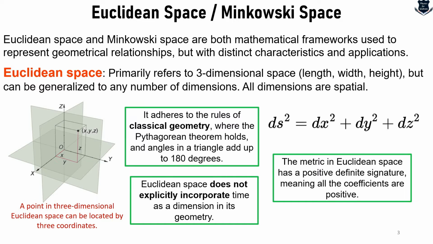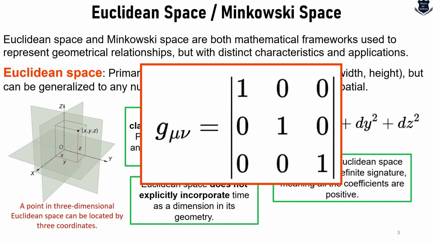But first, let us look at how this three-dimensional metric looks if we plot it as a matrix. It looks exactly like this. If you're wondering what G mu nu is, mu nu are basically the indices for the coordinates which measure space and time. You can look into my other videos on Einstein's field equations where I spoke a lot about this mu nu. G is a metric, typically I have denoted a metric tensor, but here you can just denote any kind of metric, say for Euclidean space. And this is how the matrix looks.